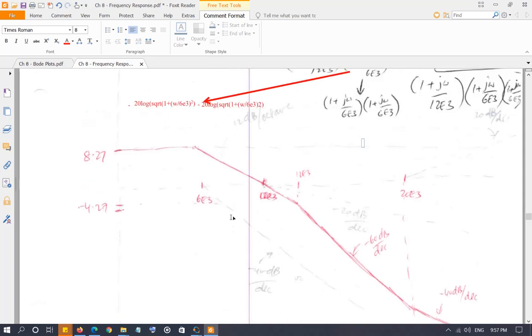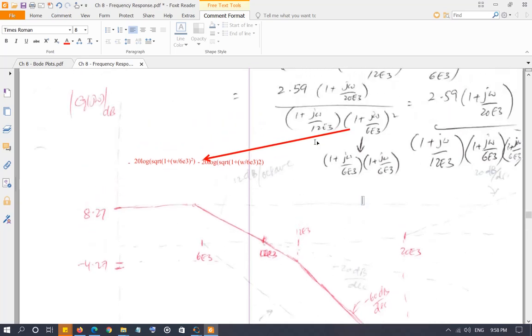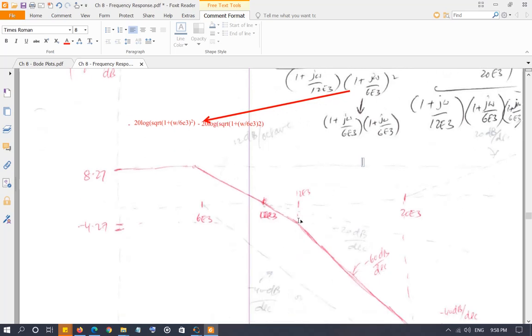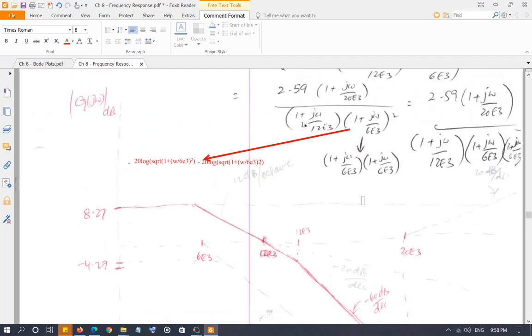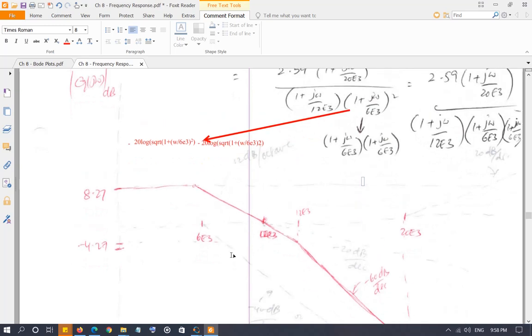And what you're going to do, you're going to add all the lines together, and you're going to have something like this: 8.27 until 6 exponent 3. Then it's going to start going down with the slope of negative 40 decibel per decade until it hits 12 exponent 3, which is this. When it hits 12 exponent 3, then it's going to start going down with the slope of negative 60 decibel per decade, because remember, 12 exponent 3 is going down by negative 20 decibel per decade after 12,000. So if you add the slope of both the lines together, it's going to become negative 60 decibel